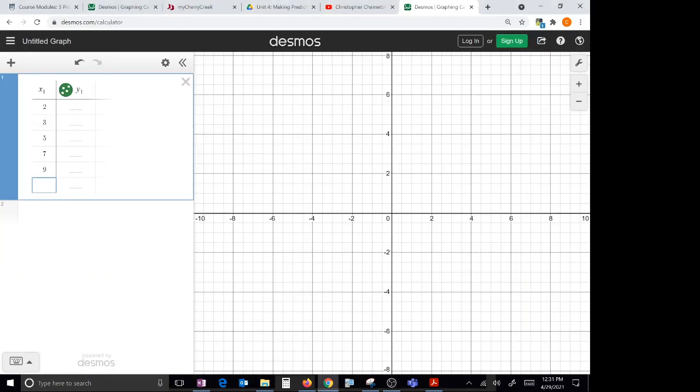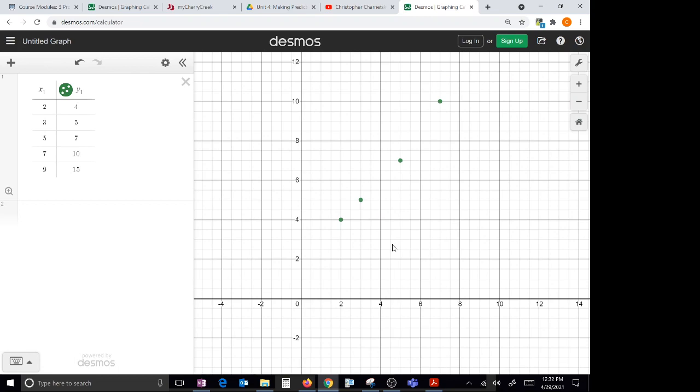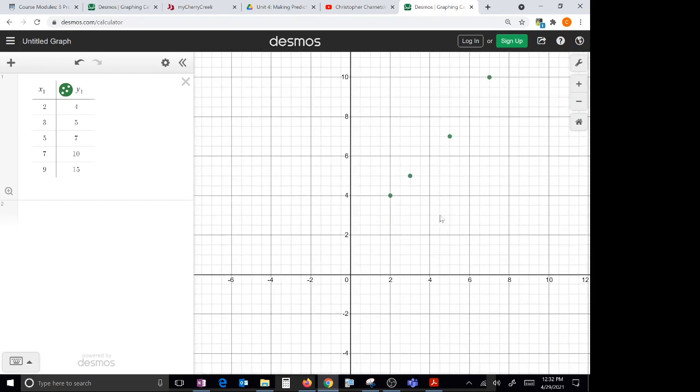And then we had 4, 5, 7, 10, 15. Okay. And we can see over here on the right, some of our data is being plotted. We're missing some of the upper ones. We could click and drag, try and find the rest of these, but